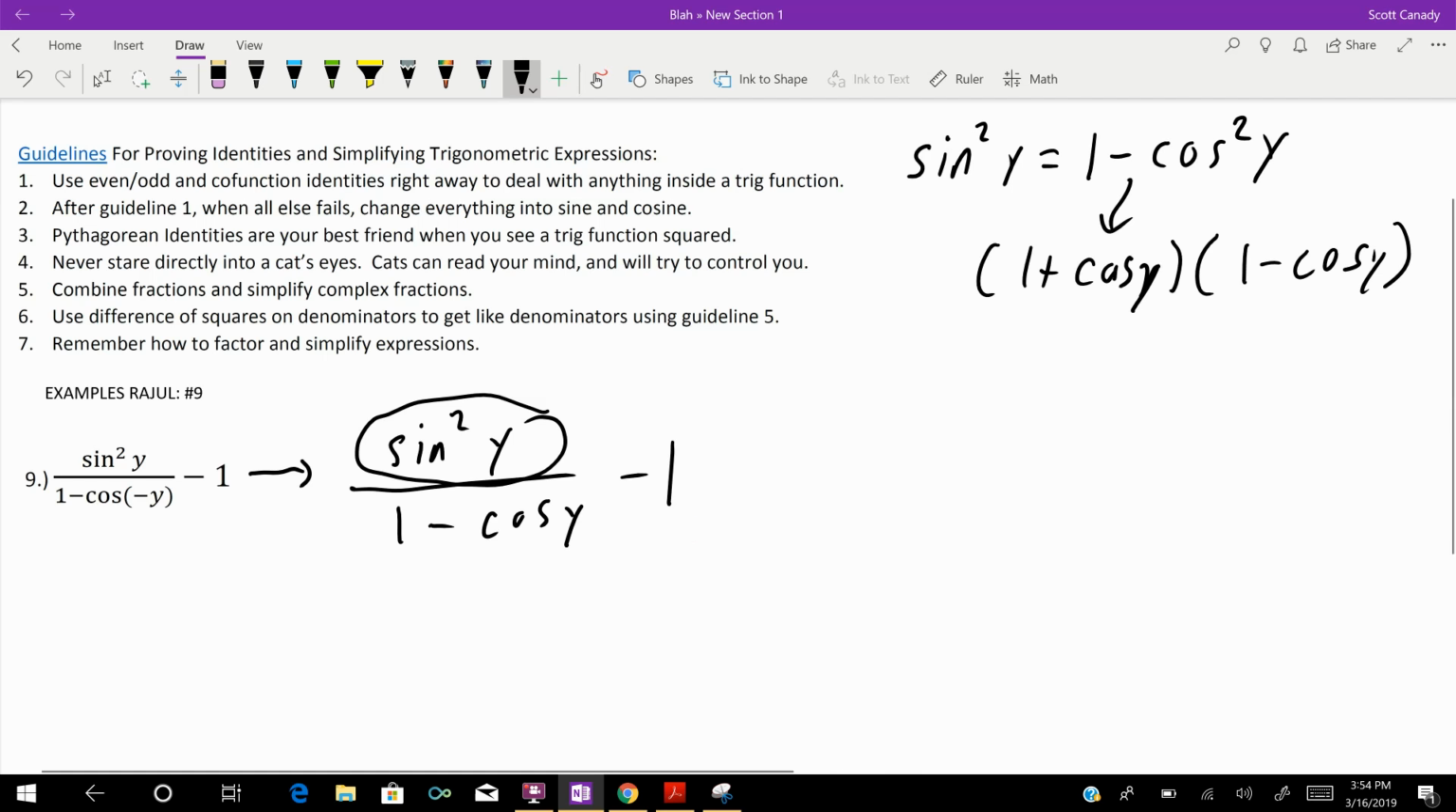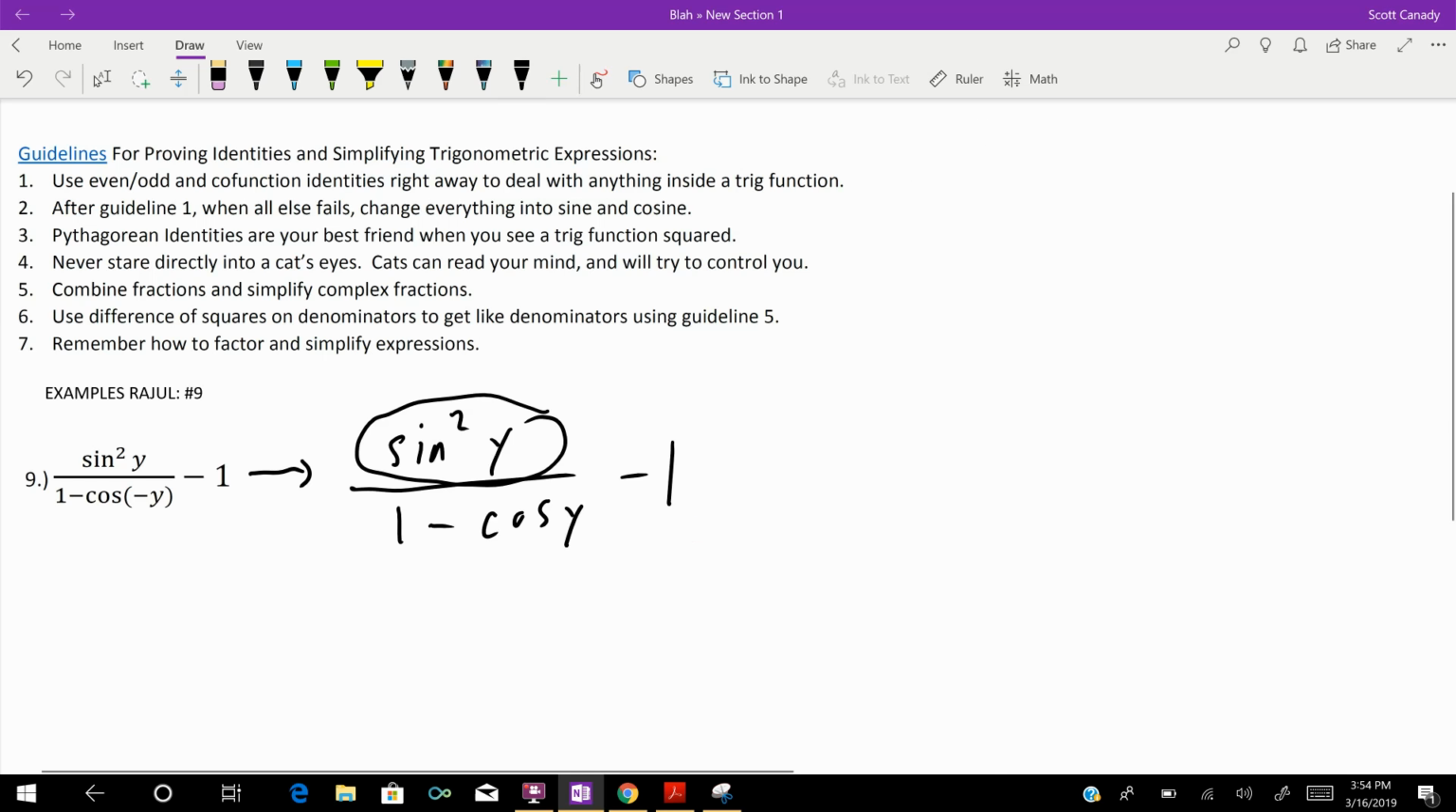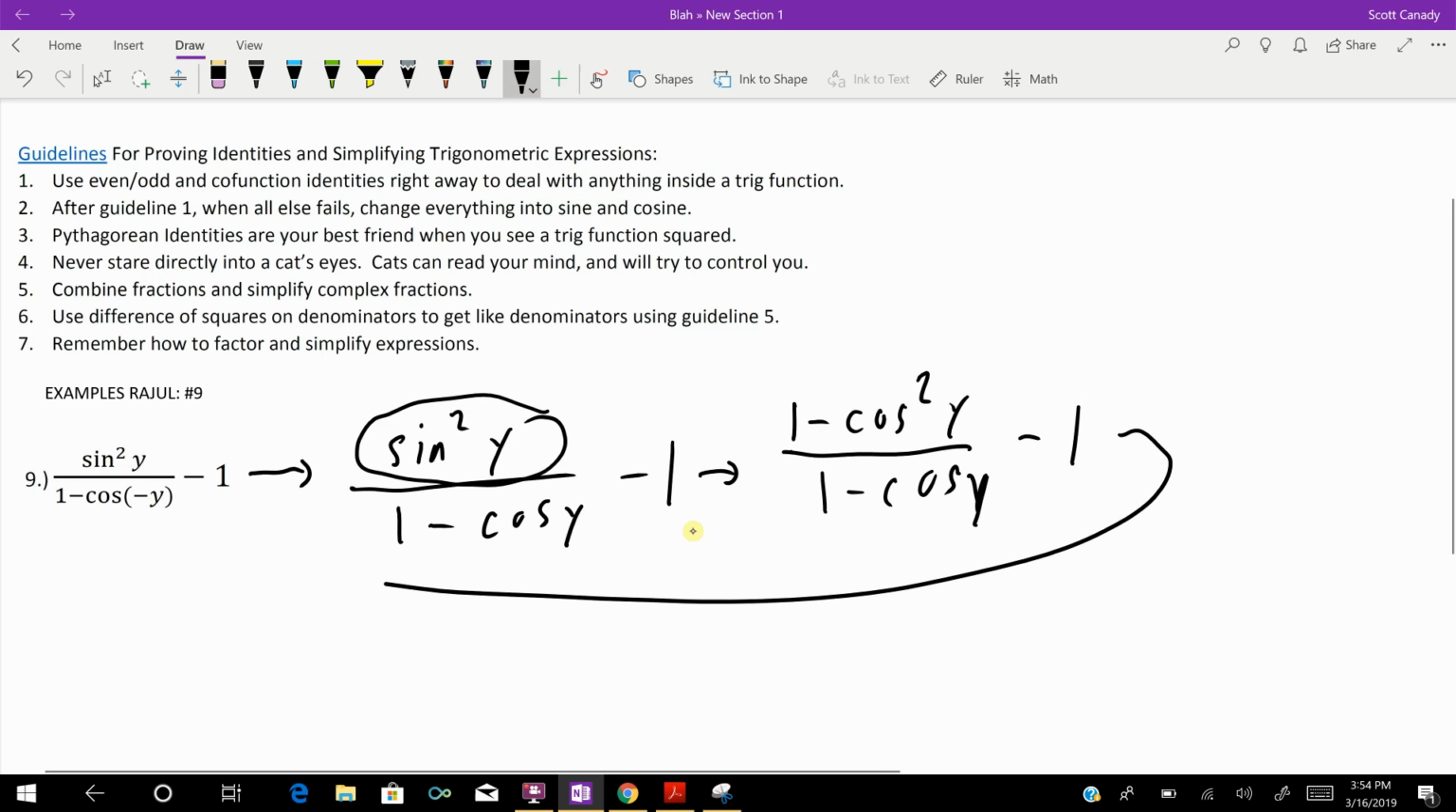And as you can see from our problem, I've got a 1 minus cosine y right there that I can eliminate if I were to make that substitution. So that's exactly what we're going to do. So let's go ahead and do that now. So this becomes 1 minus cosine squared y over 1 minus cosine y, minus 1. Now we're going to factor that, and we're going to get 1 plus cosine y